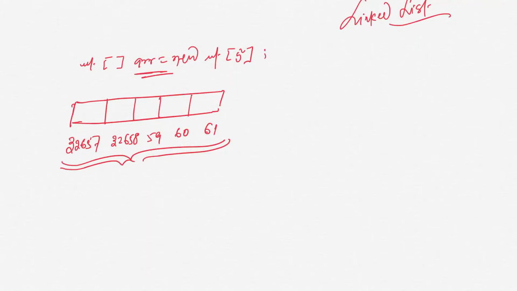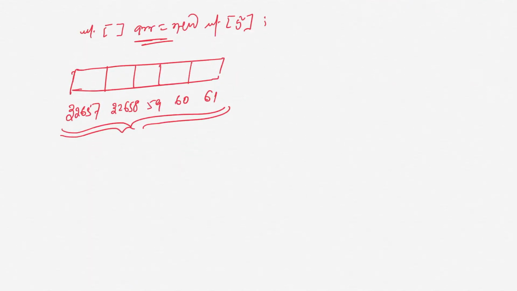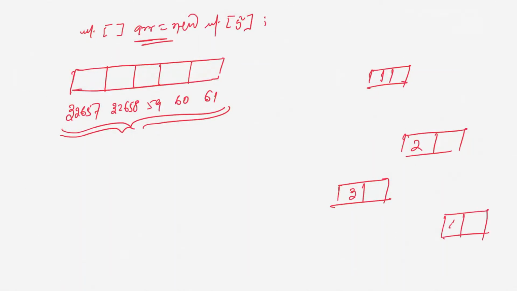Similarly, a linked list is also a linear data structure which represents a sequence of nodes. So here, suppose you have the RAM, and whenever you create one node, suppose you have one node 1, another node 2, another node 3, and one node 4. Suppose this is the address 32,600, this address 32,601,